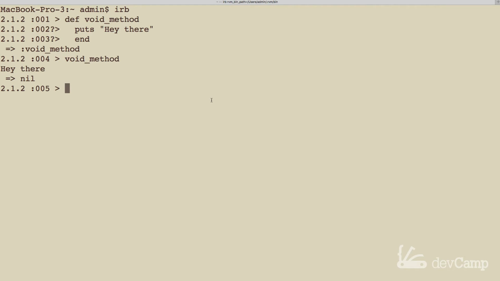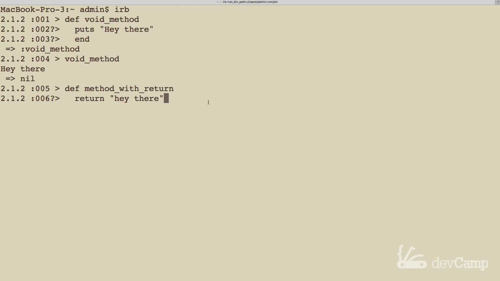If I do another method, I'm going to say def, and we'll say method with return. Inside of this, instead of doing puts, I'm going to say return. Now, this is something very important to know. You don't have to put return in Ruby. I'll say return hey there, so I'm going to return the same thing.